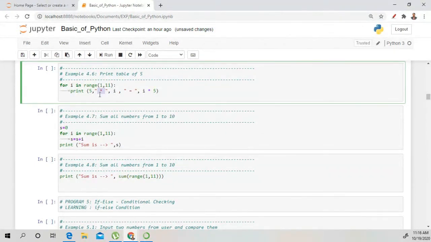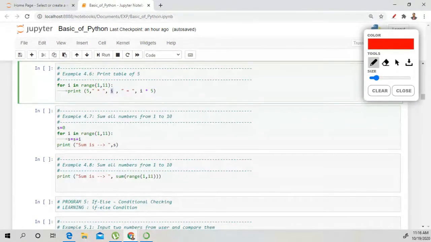So 5 multiplied by I. But initially I holds, write in chat box, the first value. So what is the first value? 1.